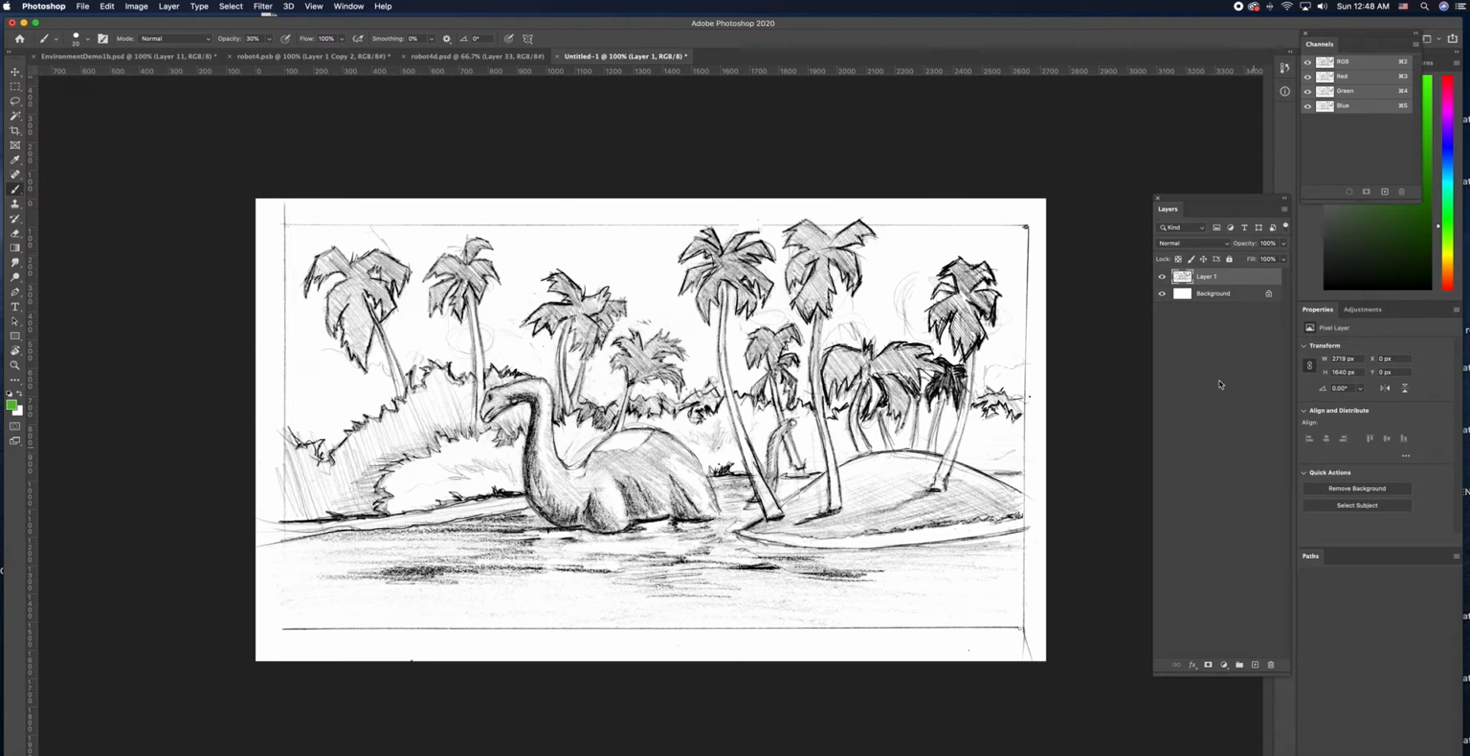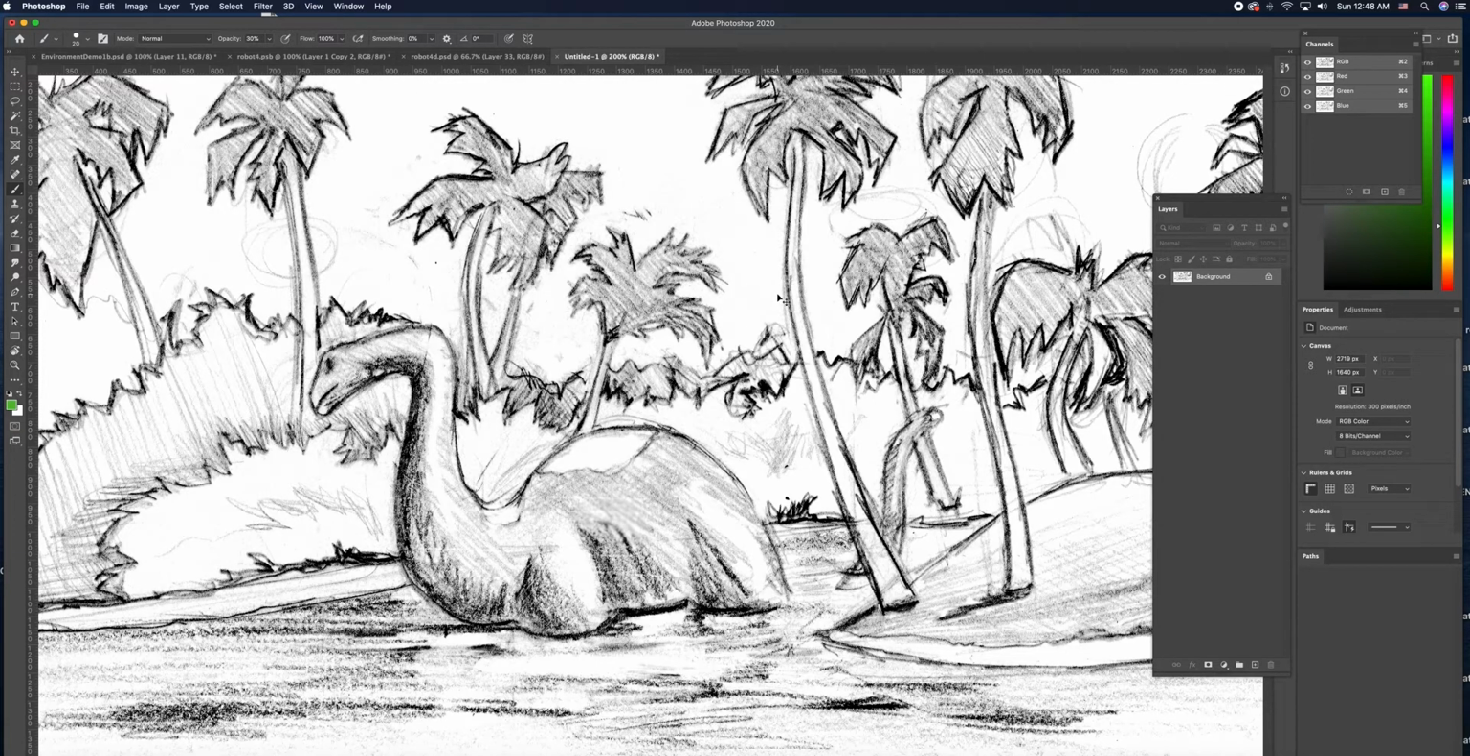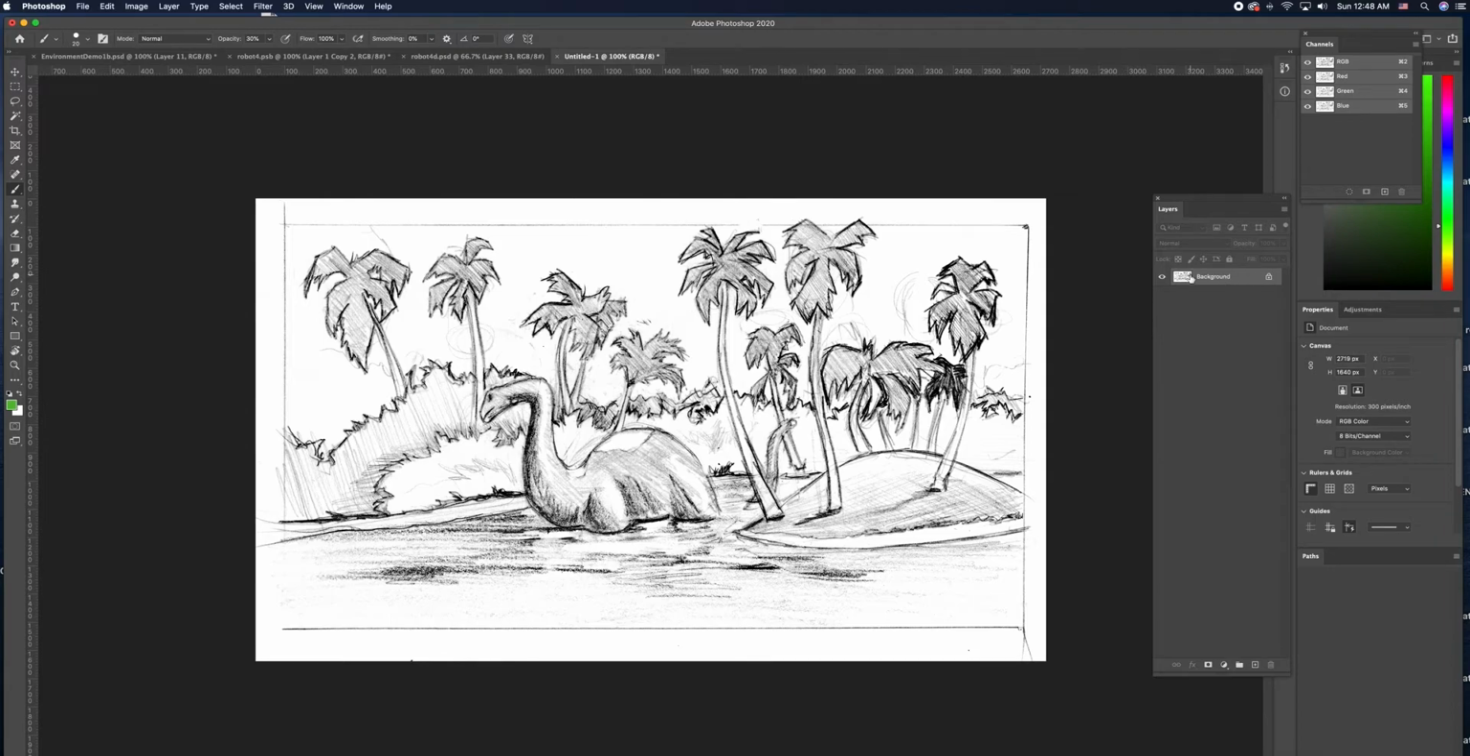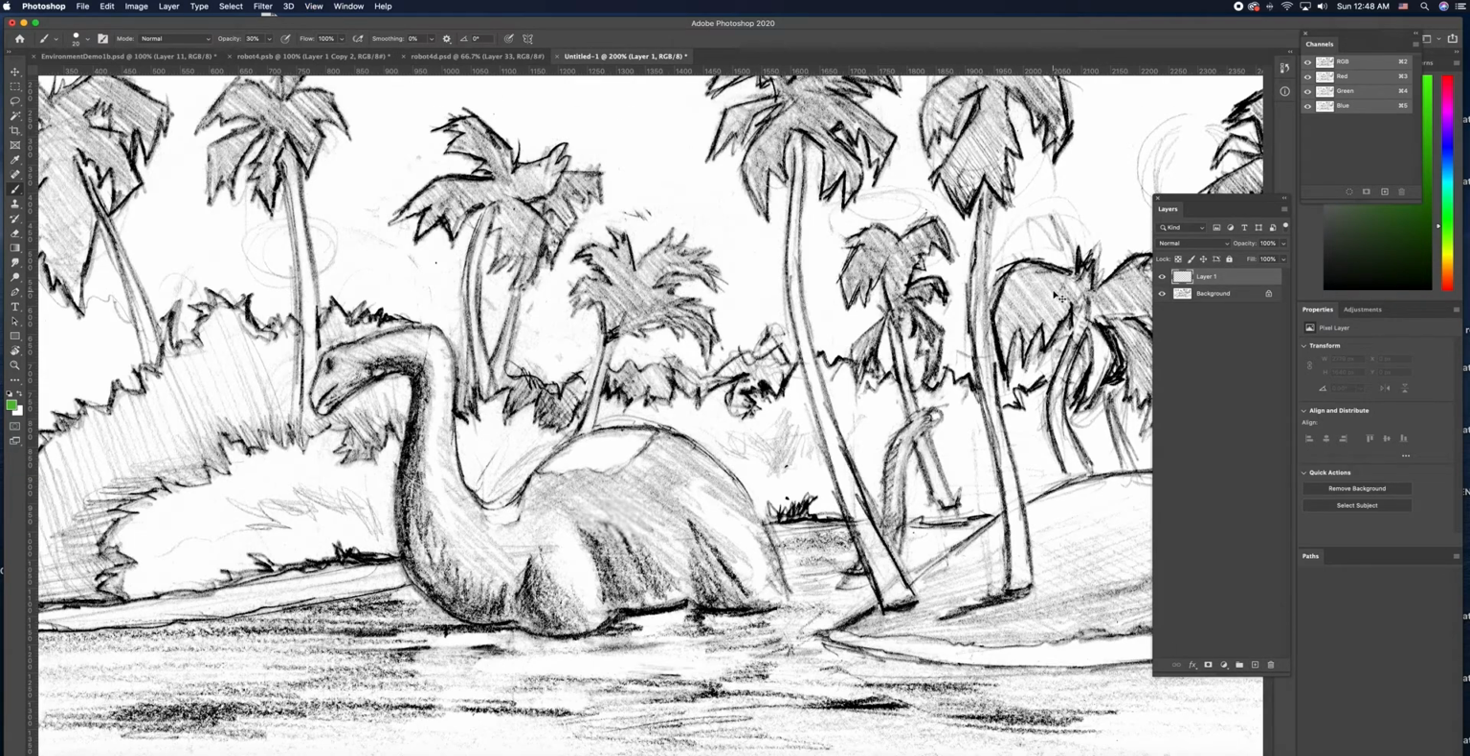So what would happen is when I open my sketch from a photo or a scan, again it's going to be on its own layer. And what we're doing in this class is working in layers, and so I would of course create a new layer to paint on,